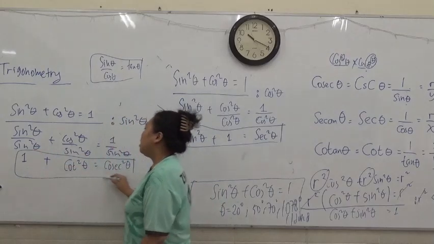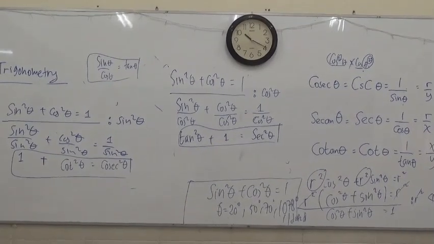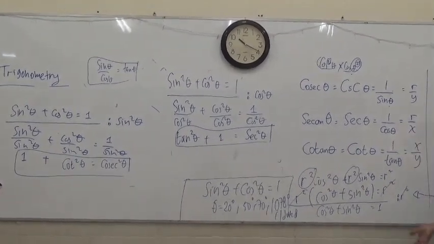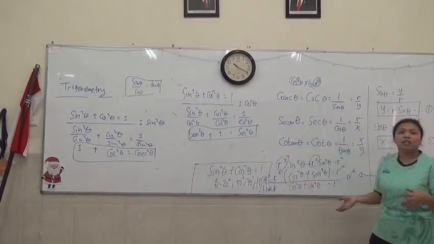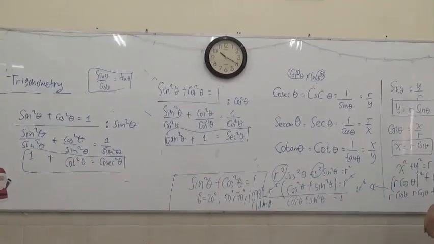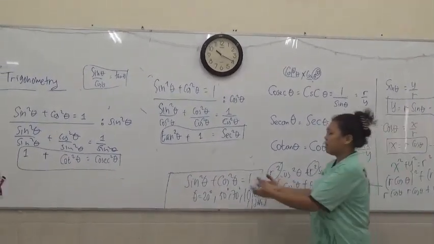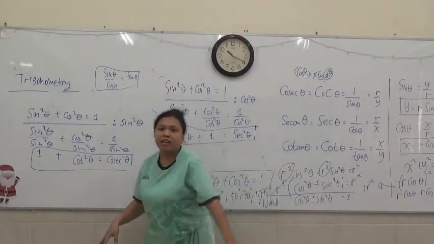So this is the last identity. For everything, you don't need to memorize, that will be given at the formula paper. What you need to understand is just the concept, how we rearrange the function to prove or to get a new identity of our trigonometry. As you can see from the very beginning, I just have this main identity and then I can improvise until I collect another identity to another identity.